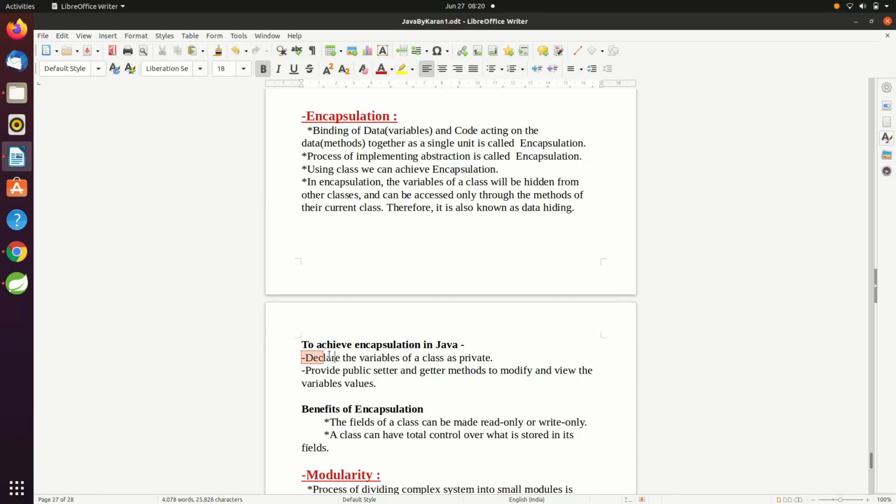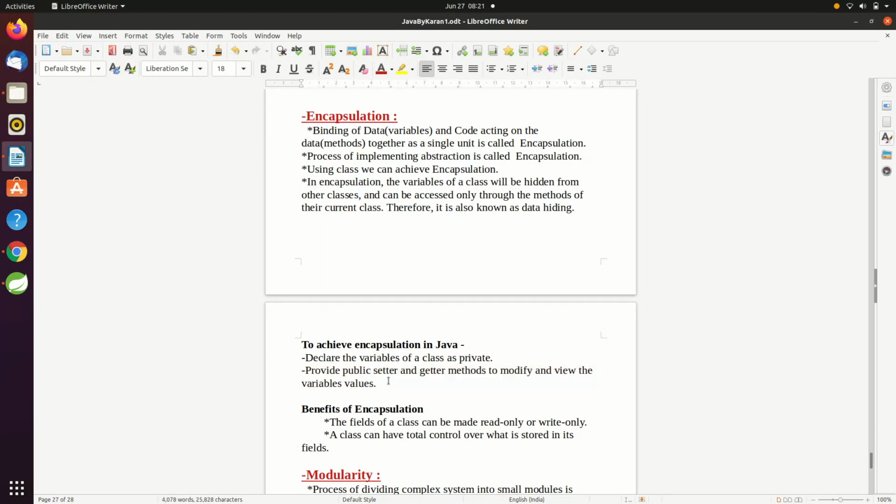Hence declare the variables of a class as private, and then provide public setter and getter methods to modify and view the variable values. If you are confused with the setter and getter methods, no worries, I will explain it using the STS tool.